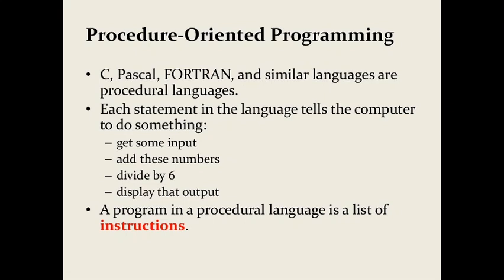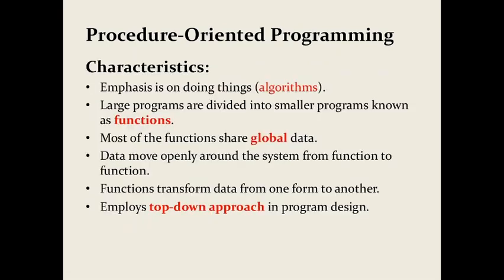Almost all of you must be following steps like this. The C language is called a procedural language because it follows a list of instructions. In order to write the program, we follow a standard list of instructions, and that standard list of instructions is called the procedure. Just because of that, we say C is a procedural oriented programming language.